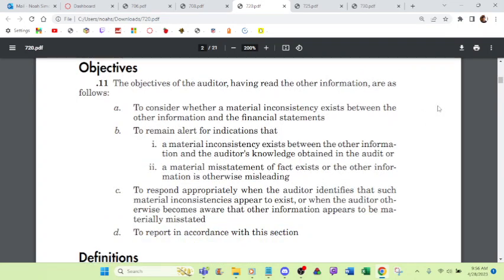The objectives of the auditor, having read the other information, are as follows: to consider whether a material inconsistency exists between the other information and the financial statements; to remain alert for indications that a material inconsistency exists between the other information and the auditor's knowledge obtained in the audit, or a material misstatement of fact exists, or the other information is otherwise misleading; to respond appropriately when the auditor identifies that such material inconsistencies appear to exist, or when the auditor otherwise becomes aware that other information appears to be materially misstated, to report in accordance with